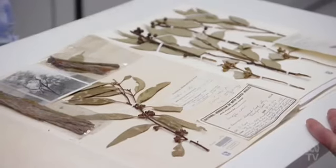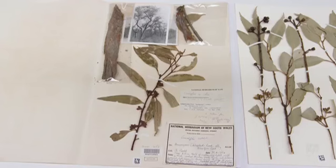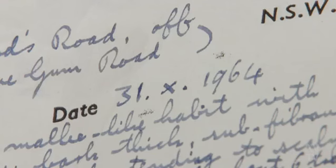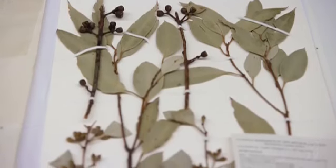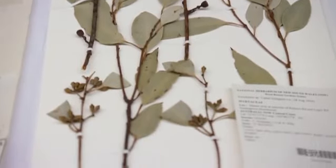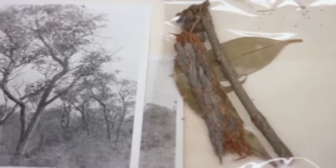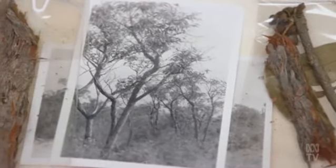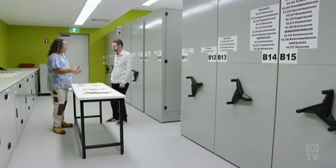So what are we looking at here, Trevor? Now, we've got a few different specimens from the collection, including the species that we're talking about today, which is Eucalyptus species cati. I've got 2 specimens here dating back to the 1960s. The specimen has the reproductive structures such as the flower buds and the eucalyptus capsules that are the fruit. These set of plants, which come from the Sydney region, weren't known to be a species, but it looked similar to a few other trees. So we couldn't decide whether or not it was just variation of one species that we know already or a distinct species. So the specimen itself has been in the collection for a long time, but you've been waiting for